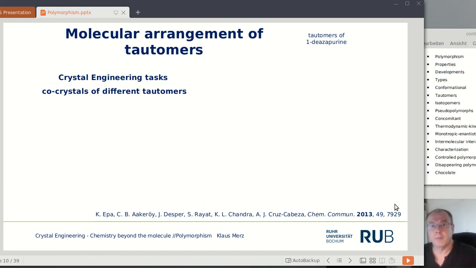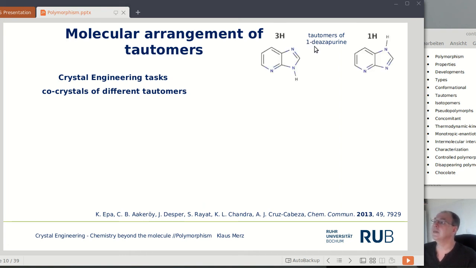One is thermodynamically stable and the other is kinetically stable. And now you will try to obtain a co-crystal of both tautomers, the thermodynamically and the kinetically stable tautomers. One example is here, by Acaroy, once again,